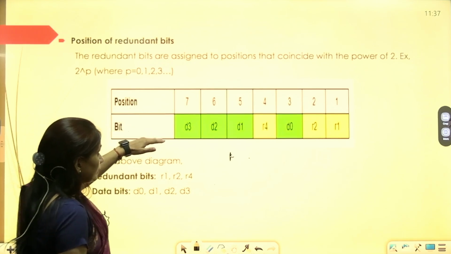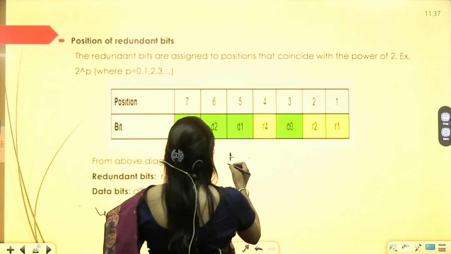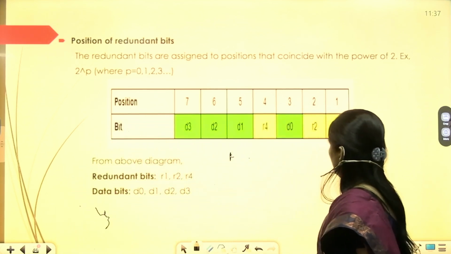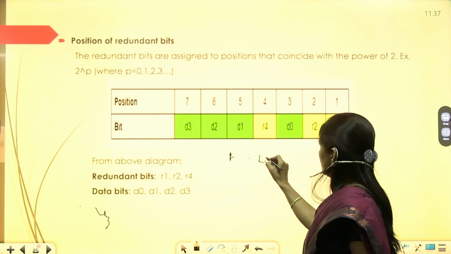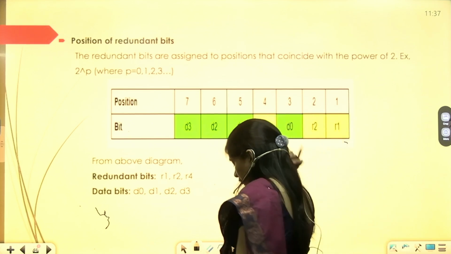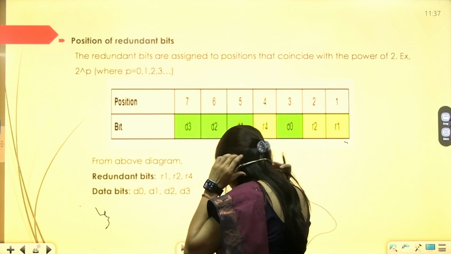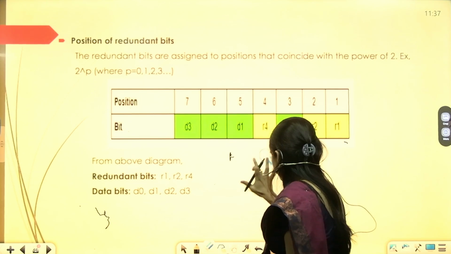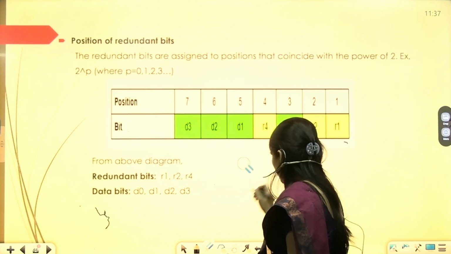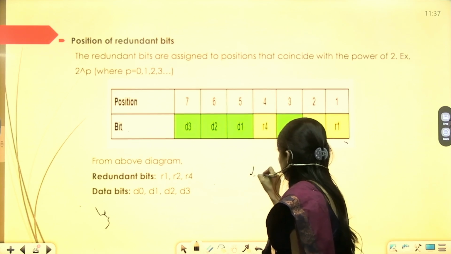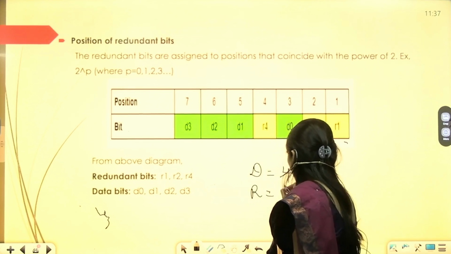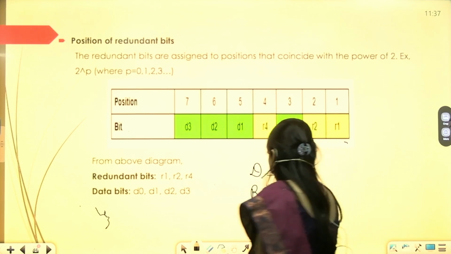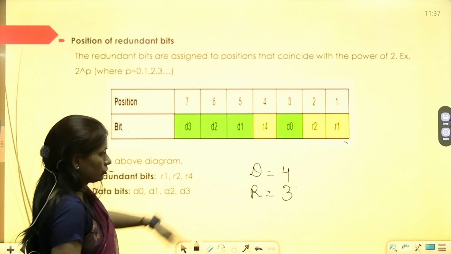Total number of messages: original message D, data bits, is equal to 4. Redundant bits is equal to 3.